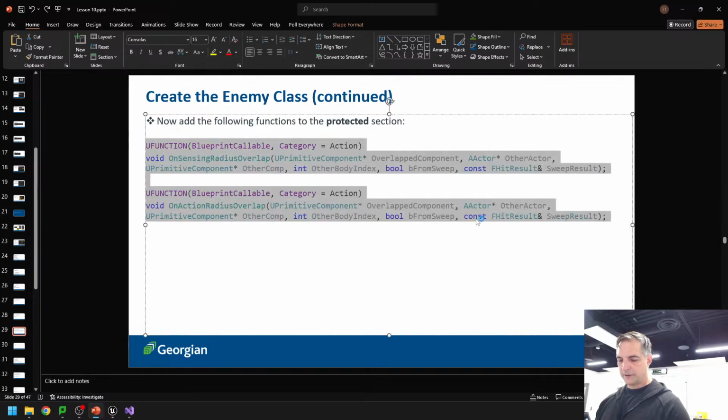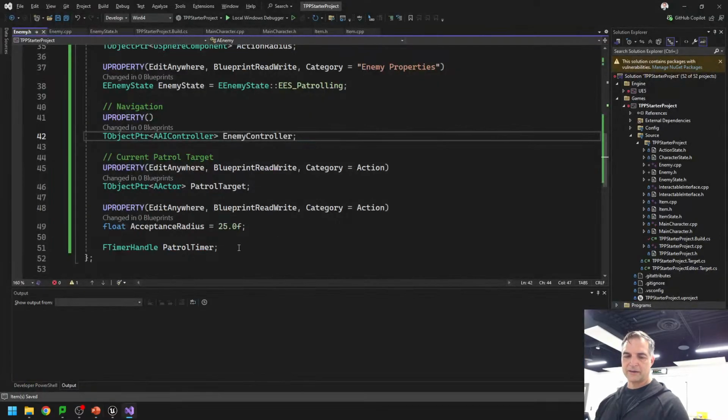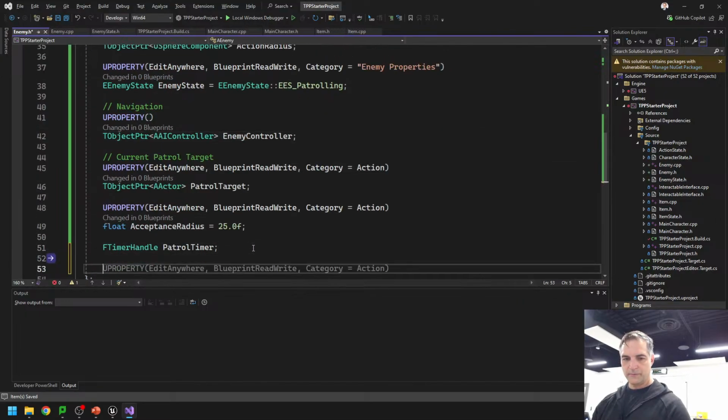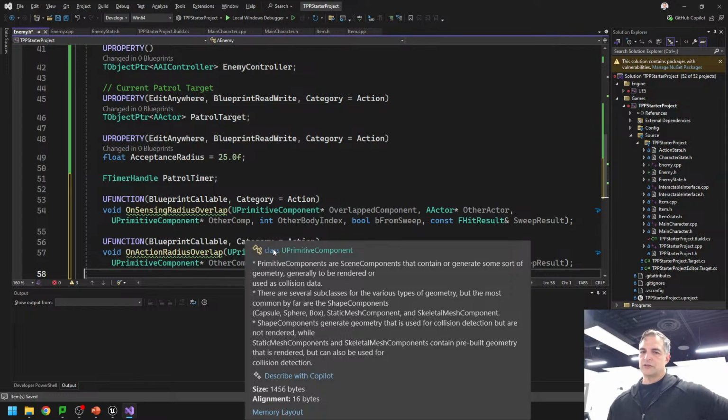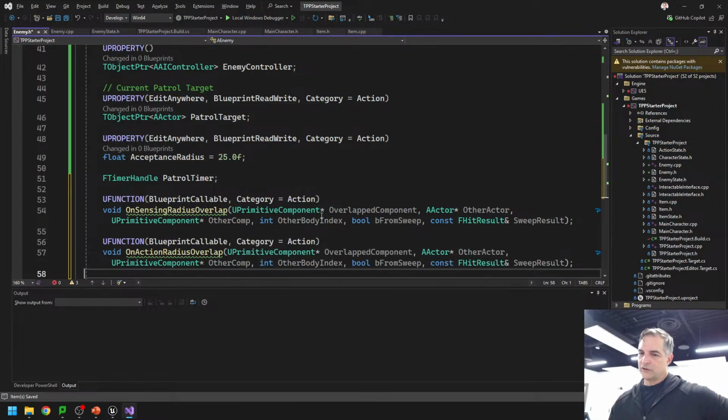Now, sometimes students come to me and they're like, well, how would you ever know to put in the OnSensingRadiusOverlap? How would you know how to do this? Because this is your own function. That's what they would say. So how would you know that these are all things you need, right? Well, remember, a lot of this stuff you can find online. The documentation is there for it. And the other thing is